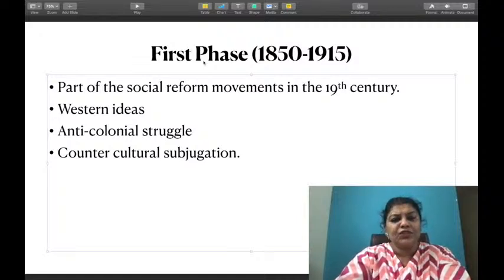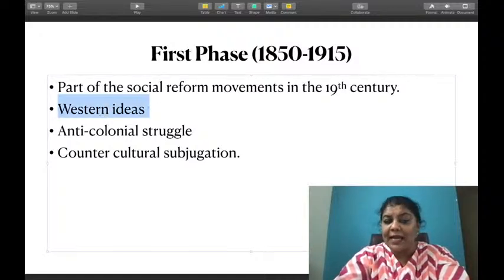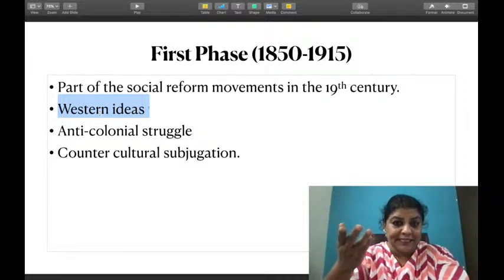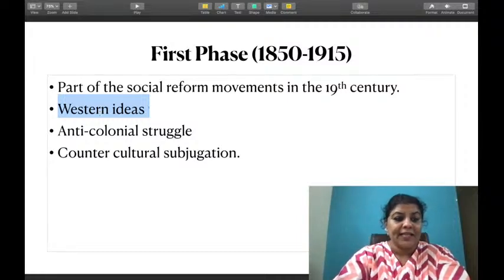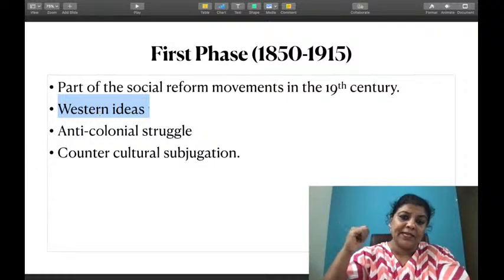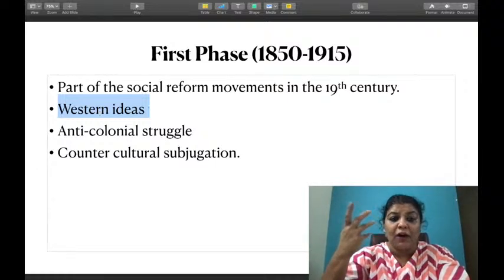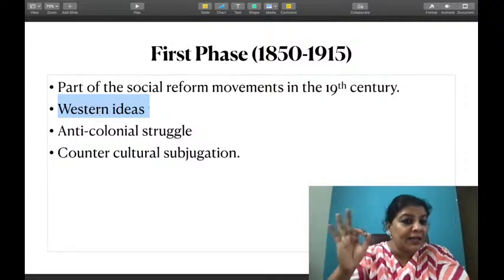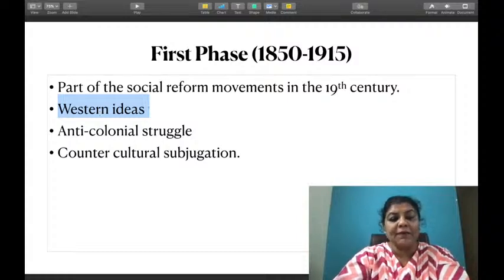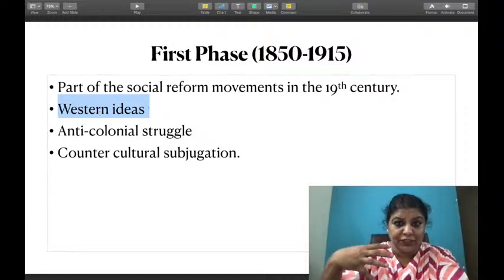And so many Western ideas began to influence them. Western ideas of liberty, equality, fraternity. From French Revolution, there was the period of the national elites. The upper caste people in India began to lead reform movements in India based on Western ideas. As you know, the father of Indian Renaissance, Raja Ram Mohan Roy, is the most important figure in this regard, isn't it? And there were many social reform movements against poverty, against oppression, against